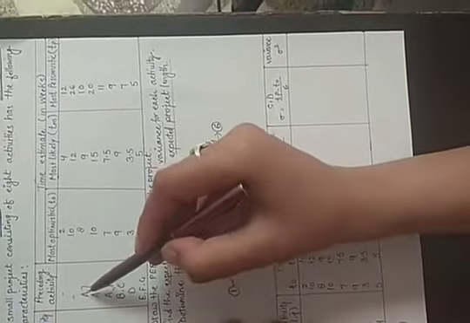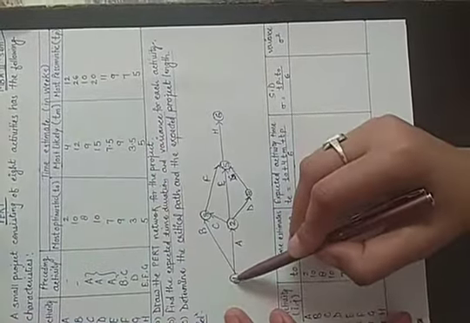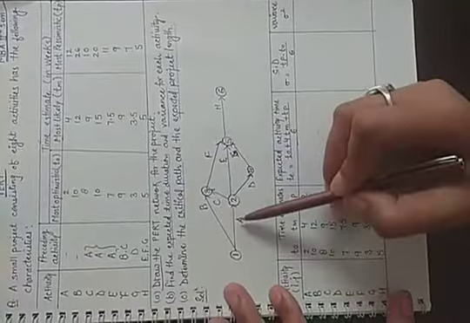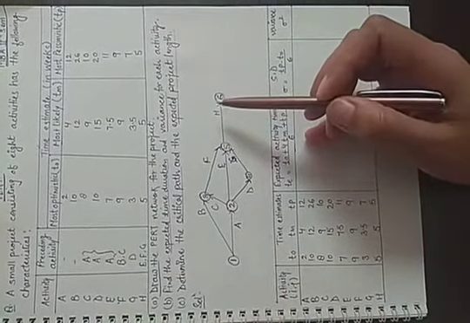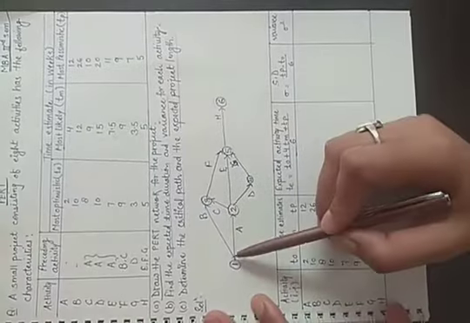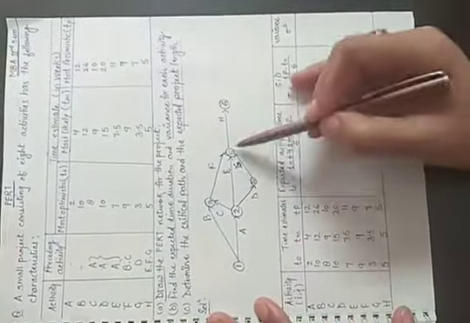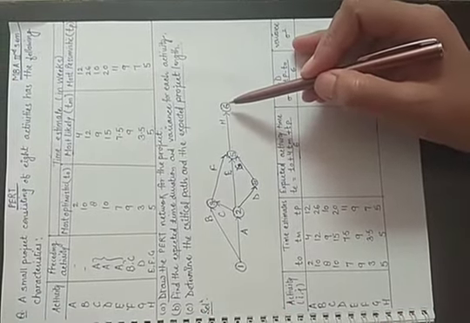So total number of events are 1, 2, 3, 4, 5, 6. So you can see here, there are 6 events, and total number of activities are 8: A, B, C, D, E, F, G and H. So when you draw the network, you will check the number of activities A to H, and the events you can check through the number of circles. Here it is 6, and circles, if you count, are also 6. So the first part is complete.